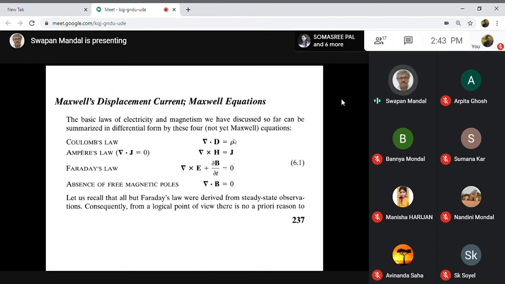On the other hand, the right hand side will be divergence of J. So divergence of J equal to 0. This is one form of Ampere's law. One can derive another form, that is divergence of J equal to 0. This is also one form of Ampere's law, but the more familiar form is curl of H equal to J, because you can derive this one from this usual form.